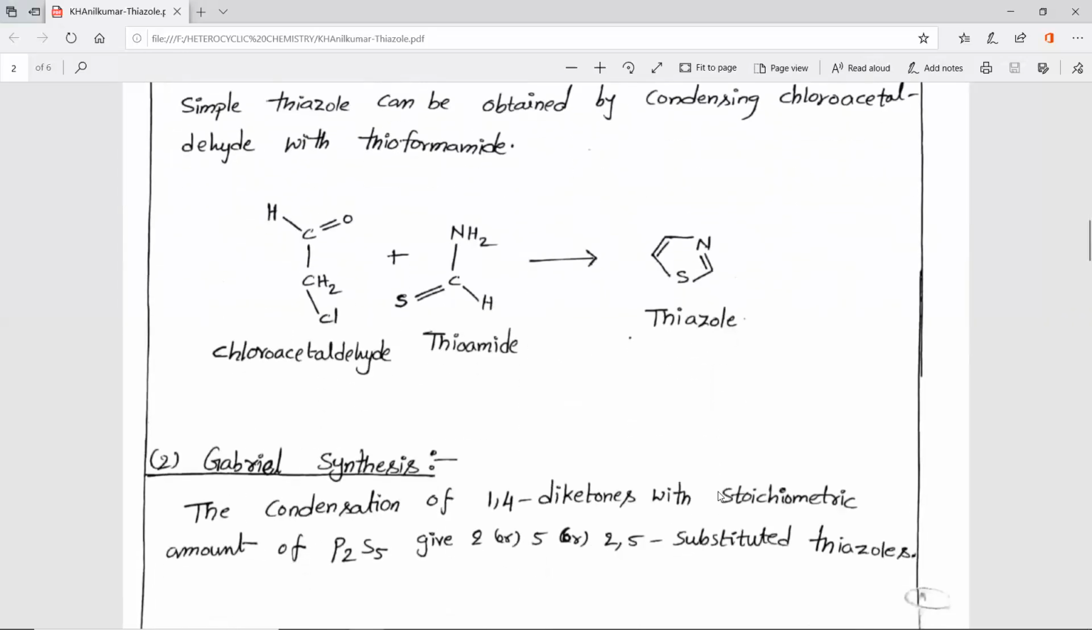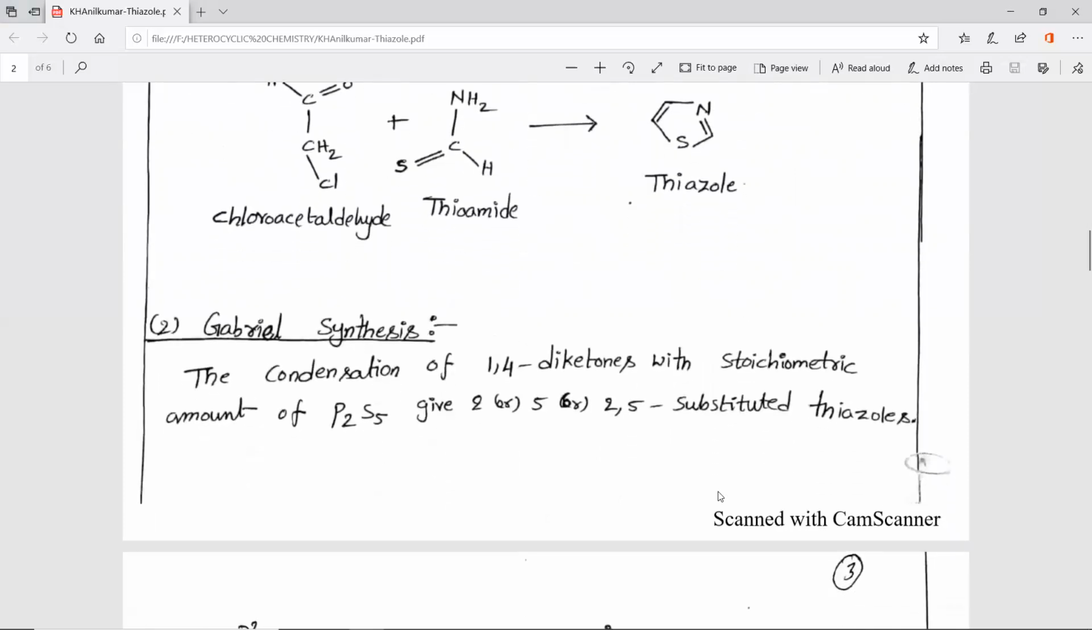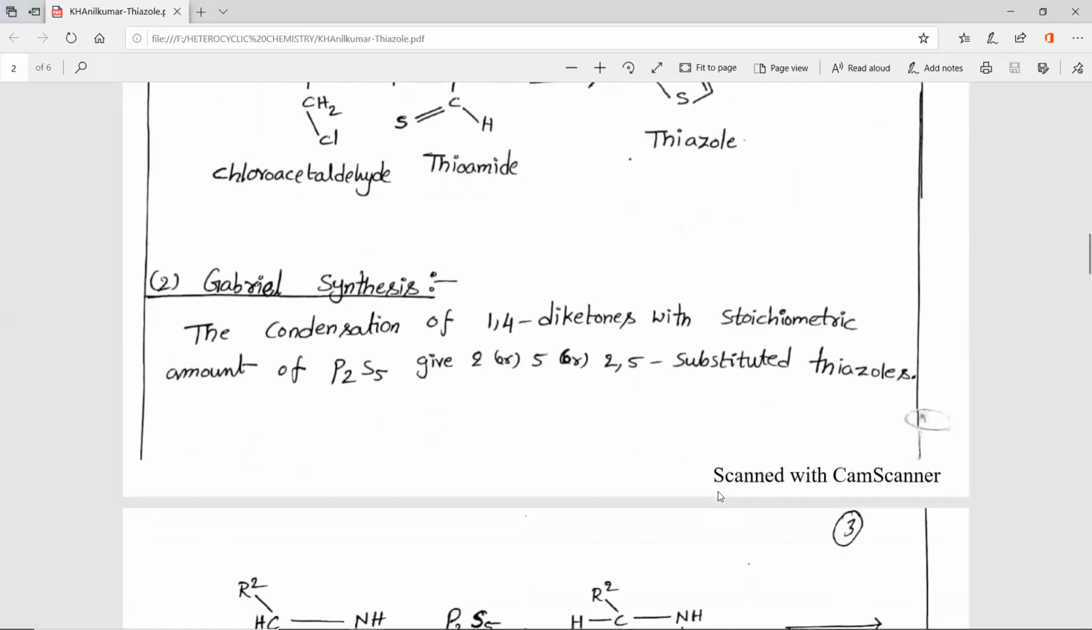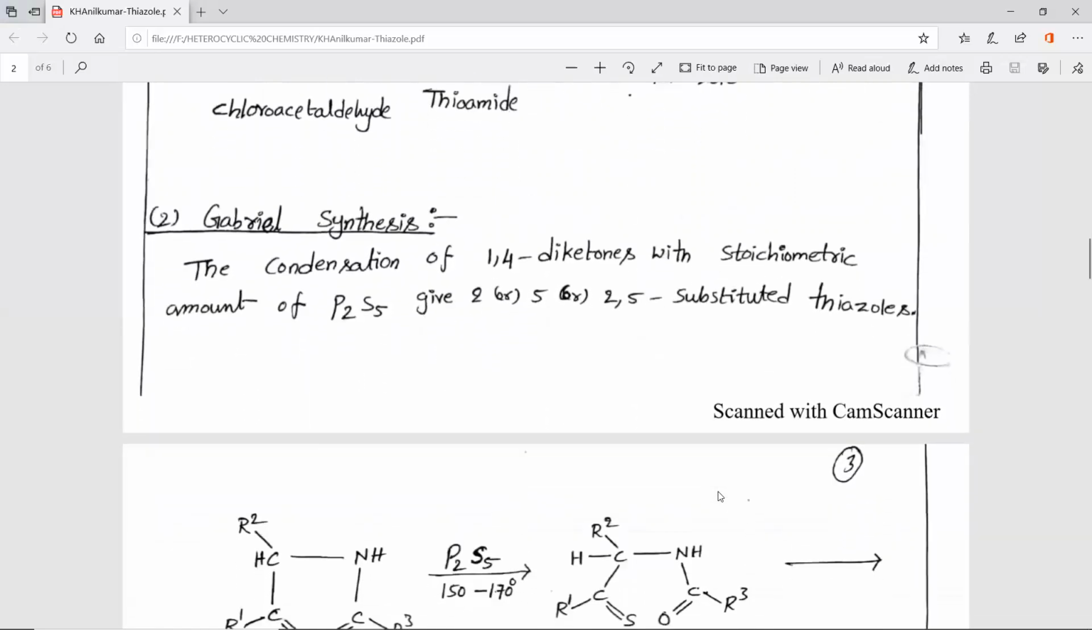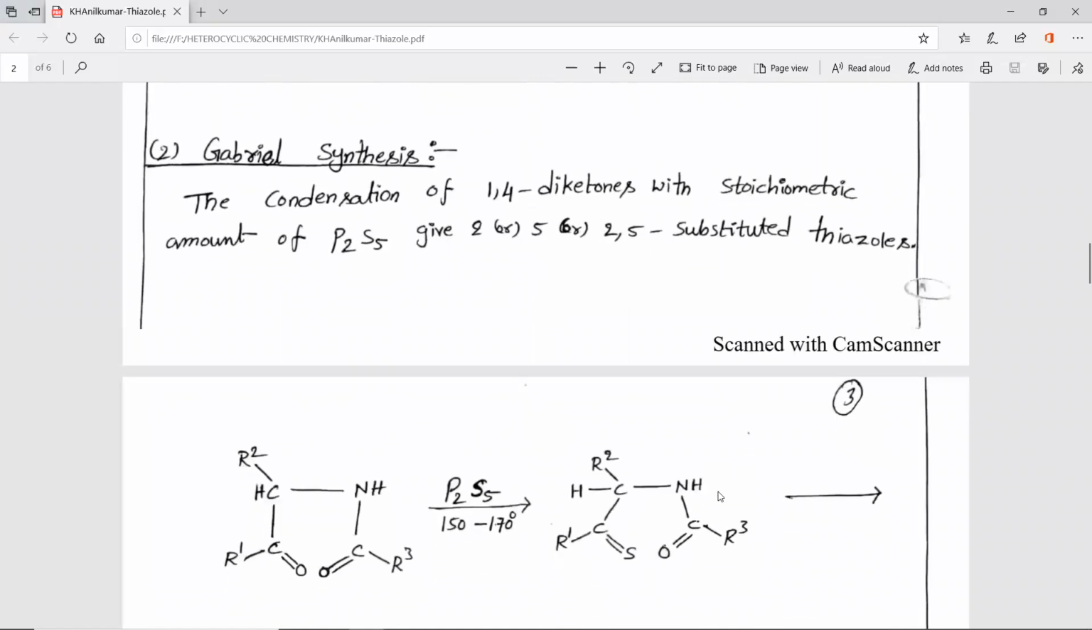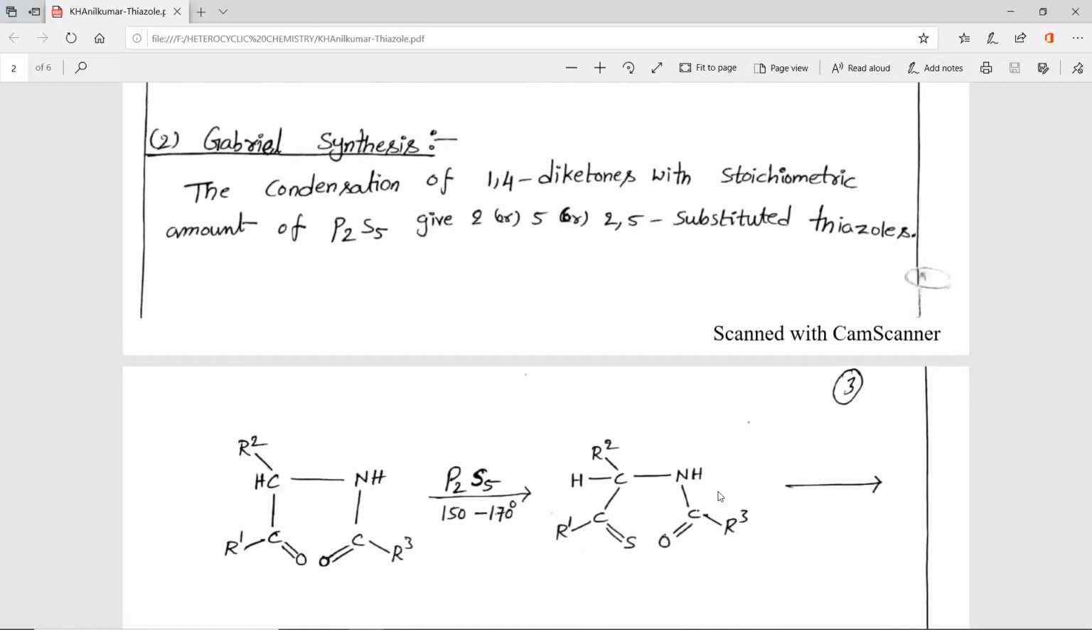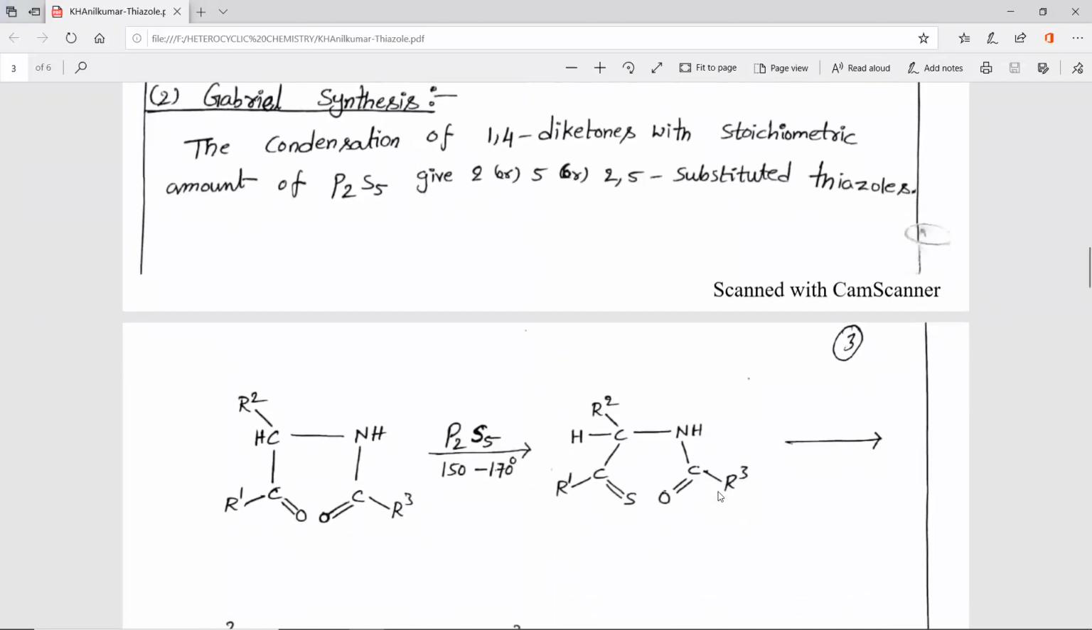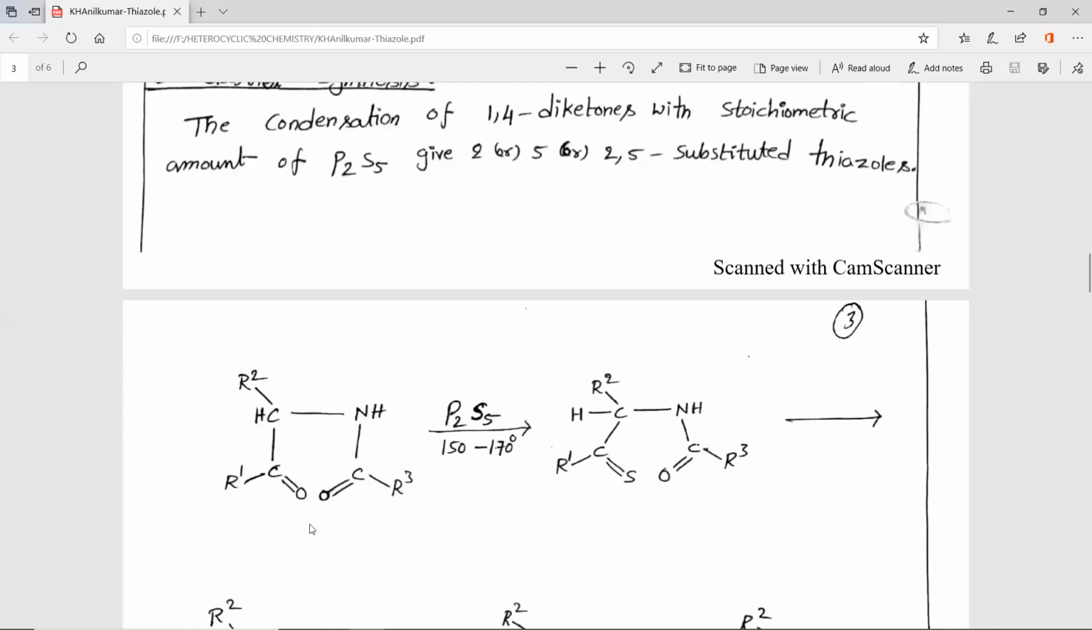Next, Gabriel synthesis. This involves the reaction between stoichiometric amounts of a 1,4-diketone with P2S5. So here we can prepare 2-substituted thiazole or 5-substituted thiazole or 2,5-disubstituted thiazole. So we can see here the 1,4-diketone. Here in place of carbon we have nitrogen. So we can start counting from here: 1, 2, 3, 4. It is a 1,4-diketone. It is reacting with a stoichiometric amount of P2S5 at around 150 to 170 degrees centigrade, where